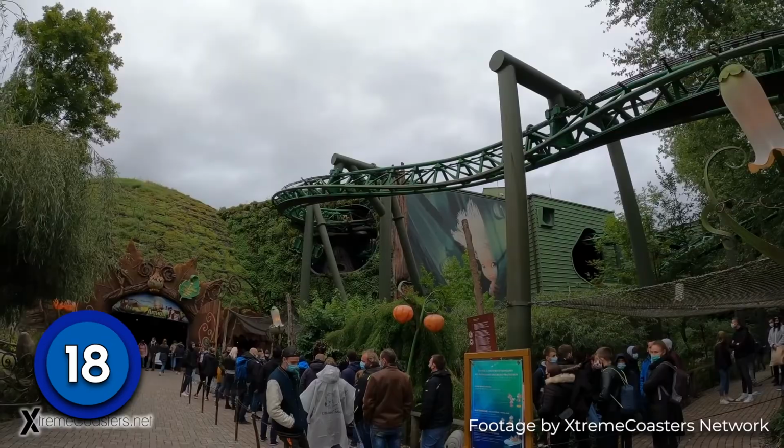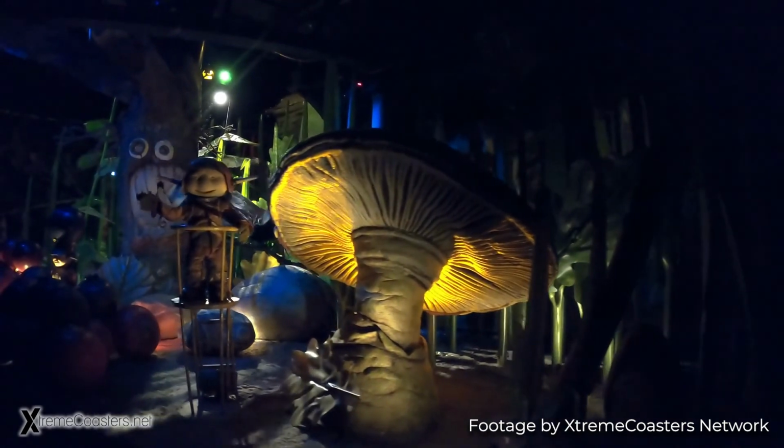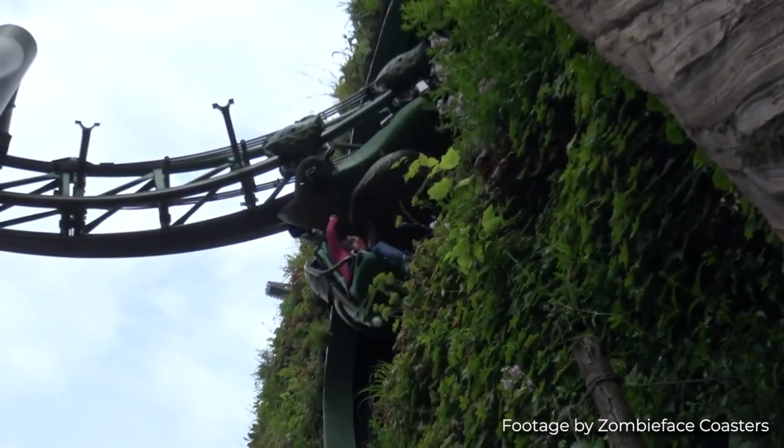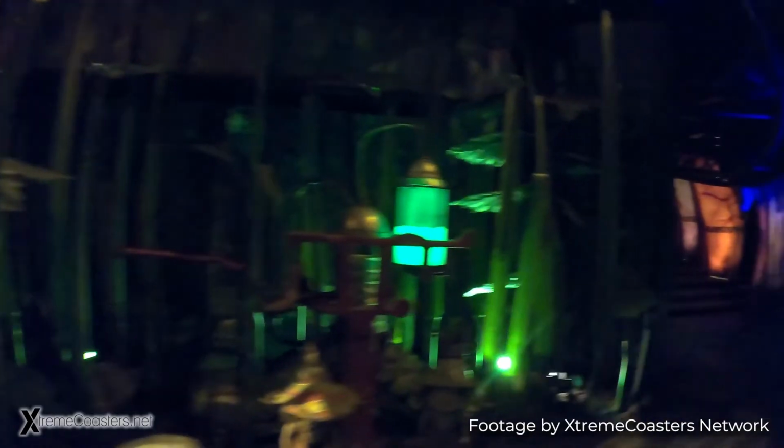At number 18 is Arthur at Europa Park in Germany. This is a Mack Rides inverted powered coaster. And yeah, I have a powered coaster above a B&M dive coaster. And you might be thinking, why? Arthur is a fantastic overall experience. It is very much a dark ride mixed with a roller coaster. What it does is it combines a powered coaster, an invert, and a spinning coaster,